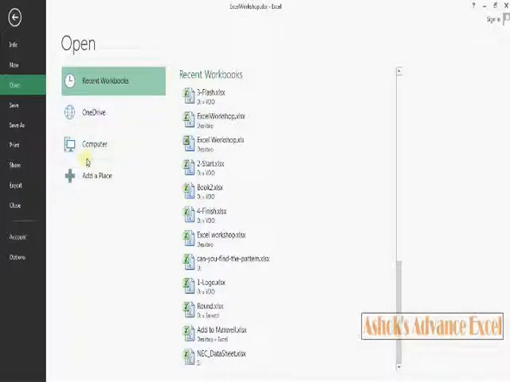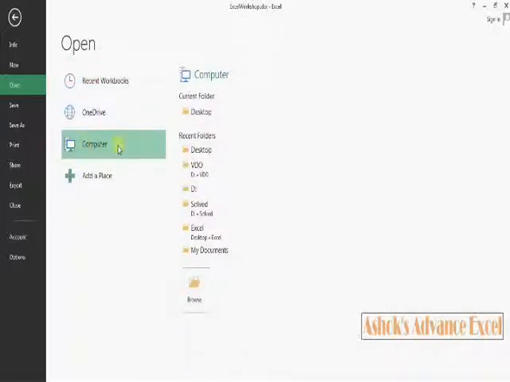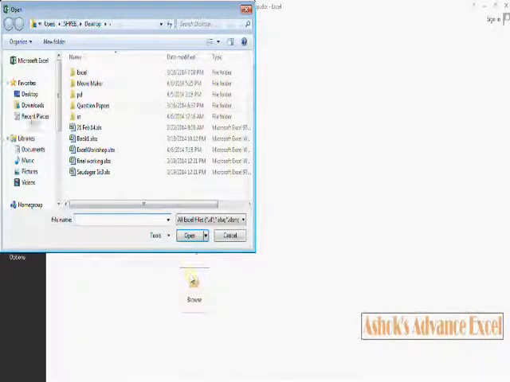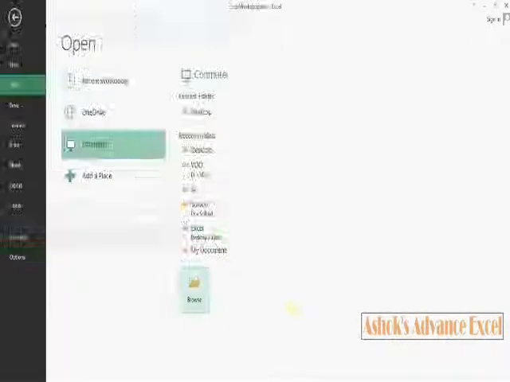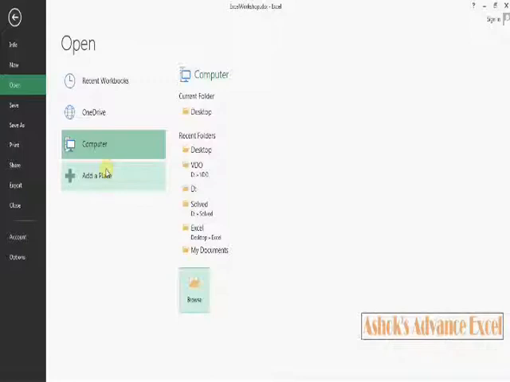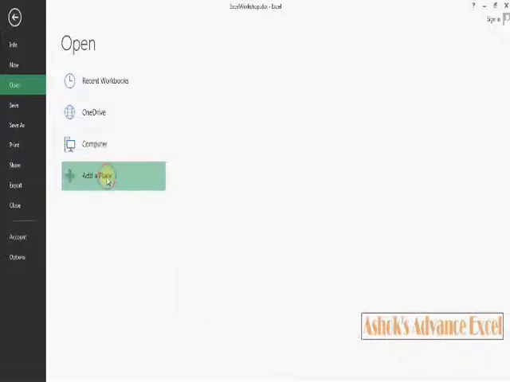Here in Computer, we can save or open any file from our hard disk, which is on the desktop, or we can select any file by browsing. Now Add a Place. We can get files from Office 365 SharePoint or any SkyDrive also.